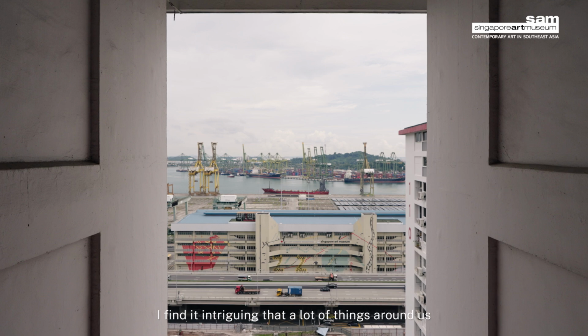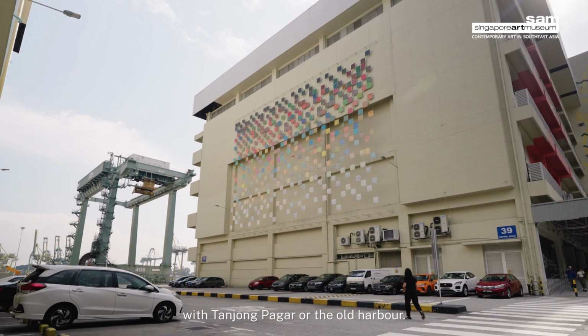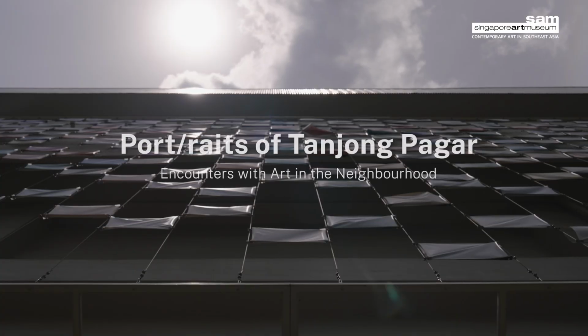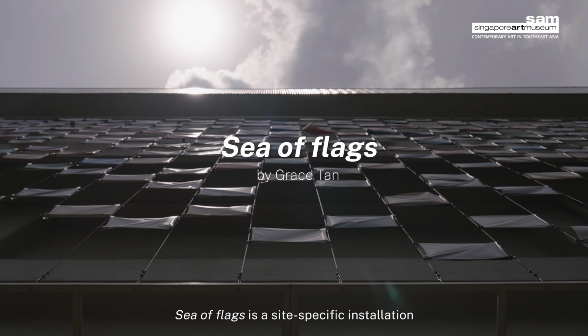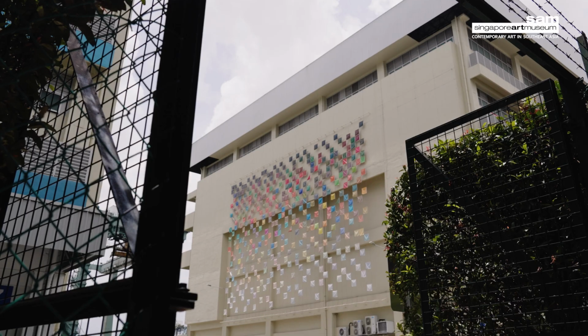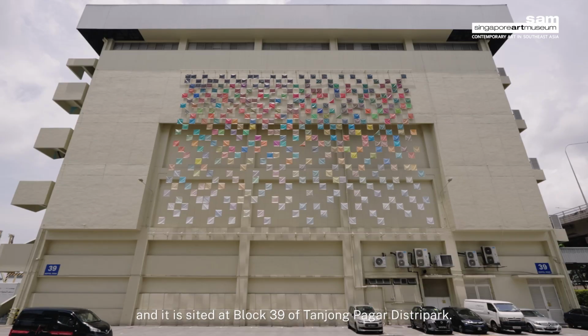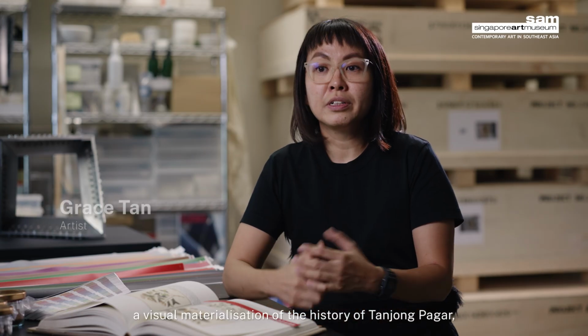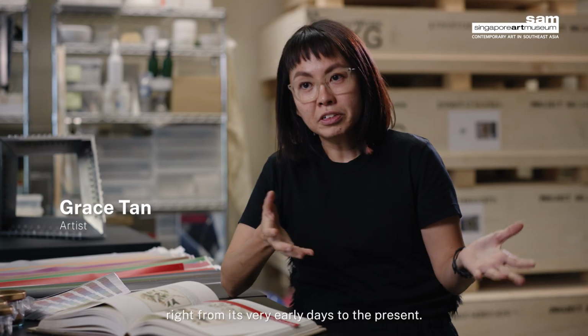I find it intriguing that a lot of things around us actually have some sort of relationship with Tanjong Pagar, or the old harbour. 𝘧𝘭𝘊𝘨 is a site-specific installation and is sited at Block 39 of Tanjong Pagar Distripark. I wanted it to be a visual materialization of the history of Tanjong Pagar, right from the very early days